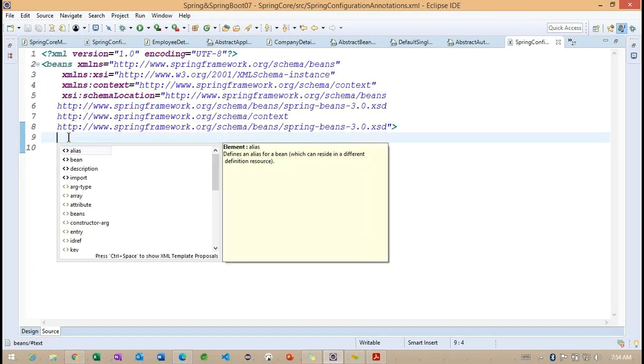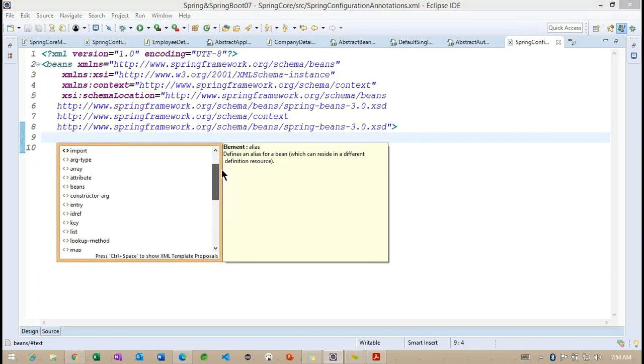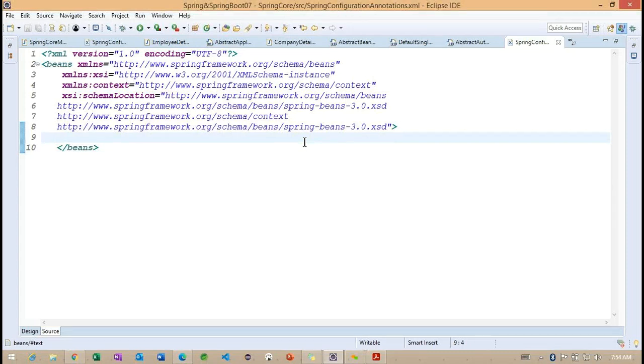Now you can see how much information we are getting. Previously we did not get this much information, but now we are. First we need to check the context related information, but we are not getting any context related information. So let me check the XSD context, beans and context. In the schema location, we are working with beans and context.